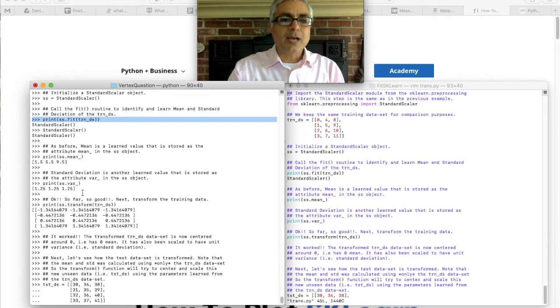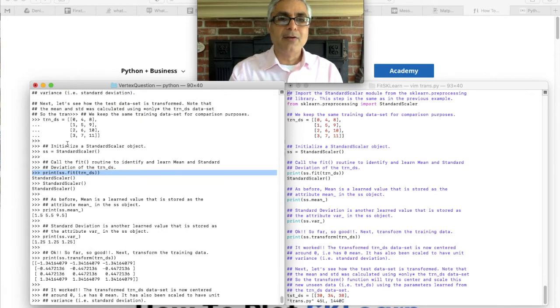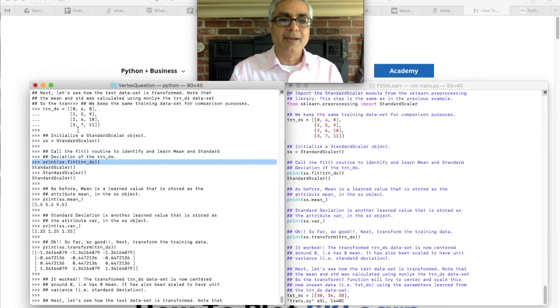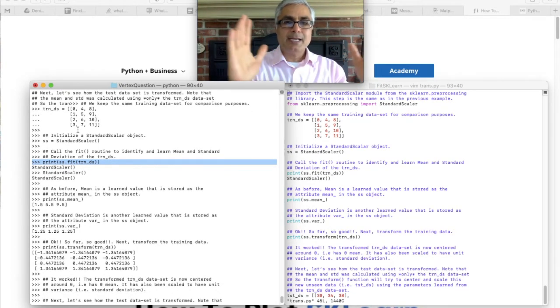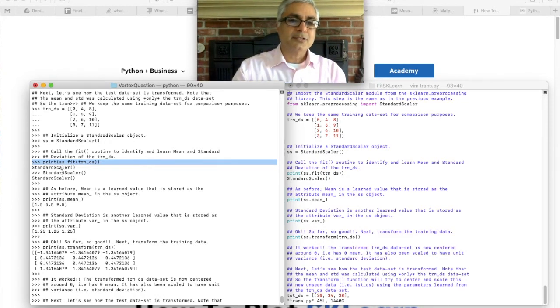All right, so the new thing we do in this one is called the transform method. Note over here that we called the fit method on the training data, and now we are calling the transform method on the training data too. What it does is it takes the simple data we had over here, centers it to zero mean, and scales the variance to be a unit variance. So that's what it is doing.